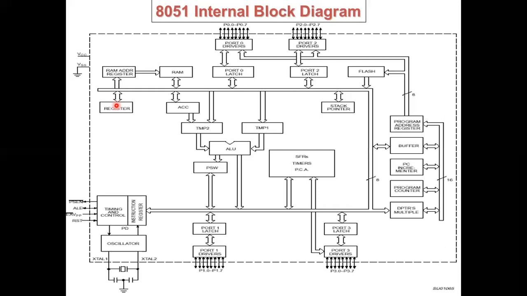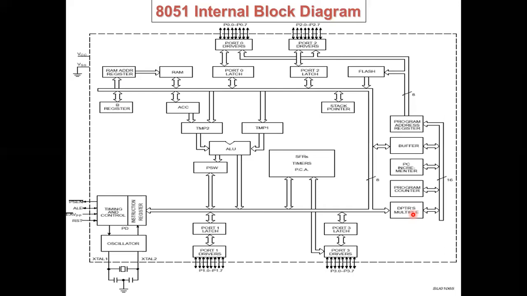Okay, program address register and buffer, PC incrementer, program counter and DPTR. DPTR is a data pointer which represents a particular memory. For example, in MOVX A, @DPTR, like that we are giving instructions. So DPTR represents the particular memory as a pointer. For example, if DPTR represents 4000, then 4000 acts as an address,